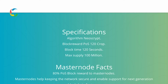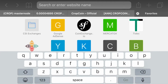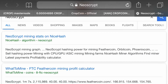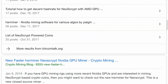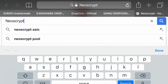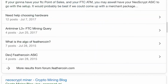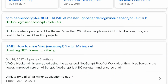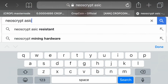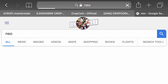So, the algorithm is NeoScript, right? If we just copy that, obviously you guys know that means it's part of Neo, right? So it's on NeoScript. Let's just go through it really quick. To my knowledge, that meant that it's on Neo, right? I'm trying to find it. What was I looking at? I was looking at something that showed that the two were connected on Neo. All right, anyway, if this is on Neo, right, which would...